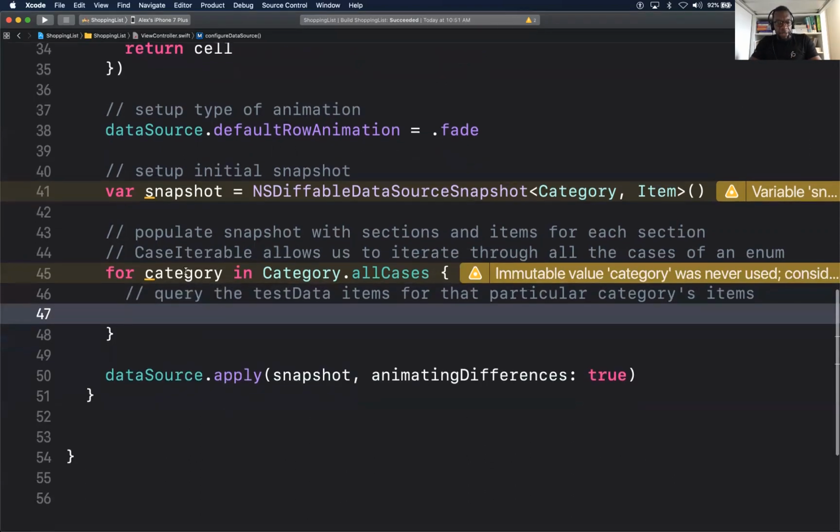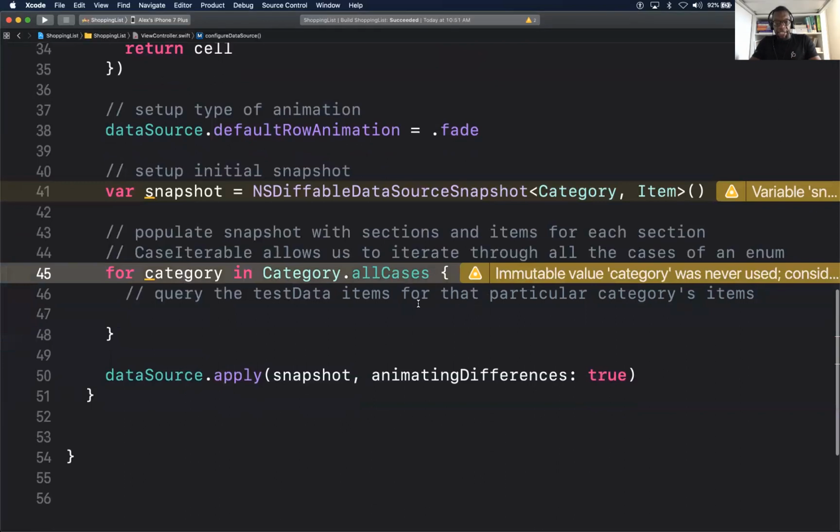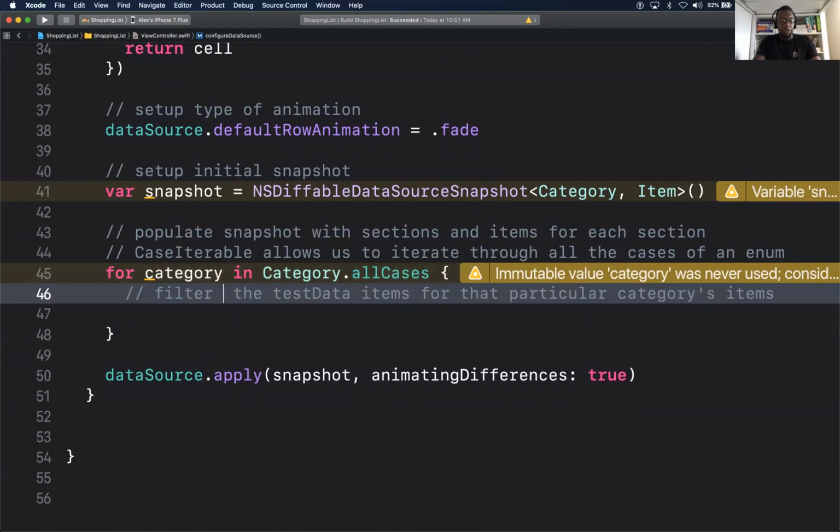So as we get to a category, we'll use the test data and filter basically. Filter the test data items, test data function, right? We have our test data function. Filter the test data items for that particular category's items.